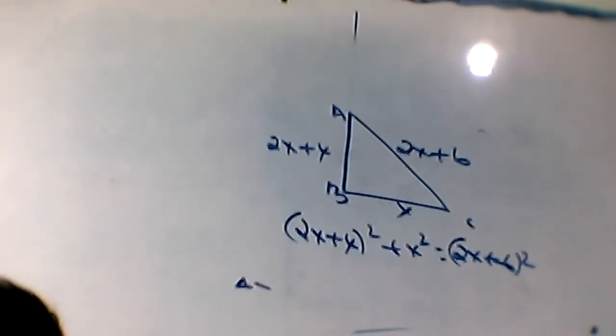P and Q are the midpoints of the sides CA and CB respectively of a triangle ABC, right angle at C. Once again, P and Q are the midpoints of the sides CA and CB respectively of a triangle ABC, right angle at C. Prove that 1. 4AQ square equal to 4AC square plus BC square.